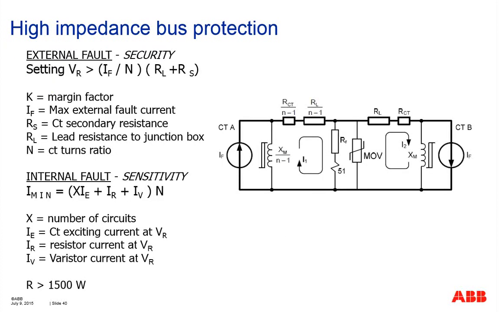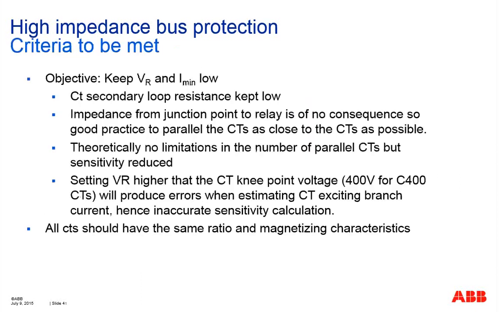As you can see, the IR will be affected by the number of branches that you parallel together, in other words, the number of feeders in the bus zone. In theory, for high impedance bus protection, you can include an unlimited number of branches. However, it depends on how sensitive you want